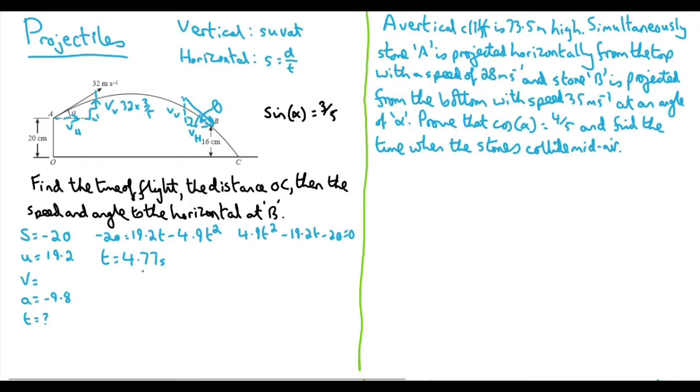That is until the second part of the question, when we're trying to find that distance OC. Now that we know the time, we can go back to speed equals distance over time, or as we're going to rearrange it, distance equals speed times time. So the speed is now going to have to be 32 times the cos of alpha, because the horizontal velocity is equal to the adjacent. We could do the sine inverse of 3/5 to get what alpha is, and then substitute it into cos. But there's another way of doing this. Because these questions like to throw sine alpha equals 3/5 or some other fractions at you, and there are very specific fractions,